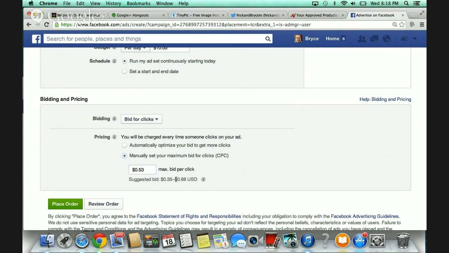This is the lowest, this is the highest, this is your competition. So if you go below this, you're not going to get anything. If you go above this, you're going to get clicks, but you might rip yourself off. If you go to 65, you're going to get more of them than if you're going at 38. This is your mid range. 53 cents seems to be about smack dab in the middle. That's a good bid. You're going to get people coming to your bid.